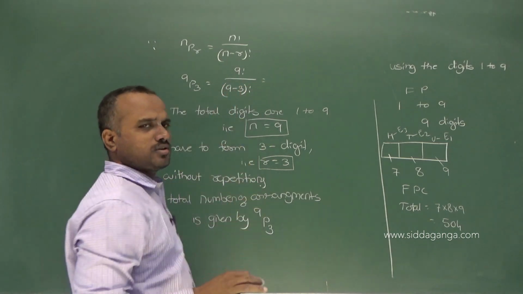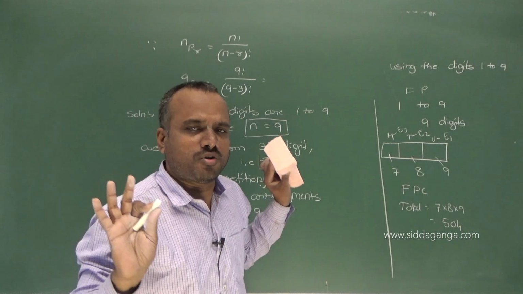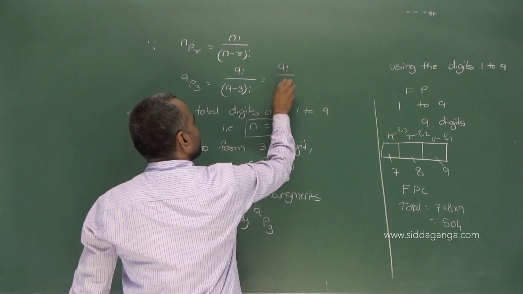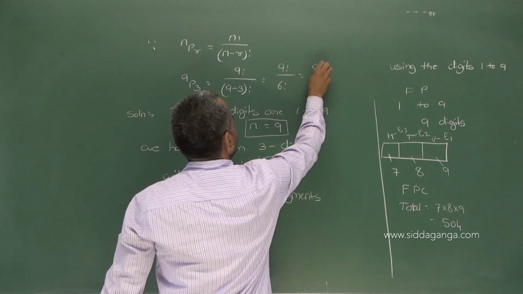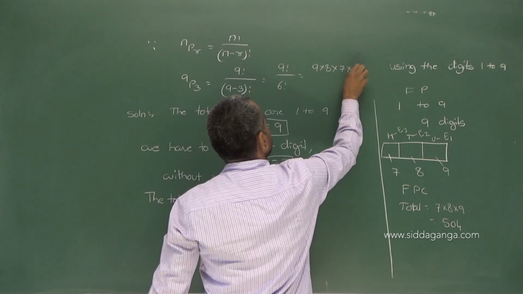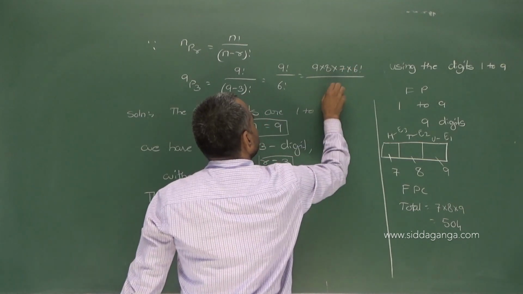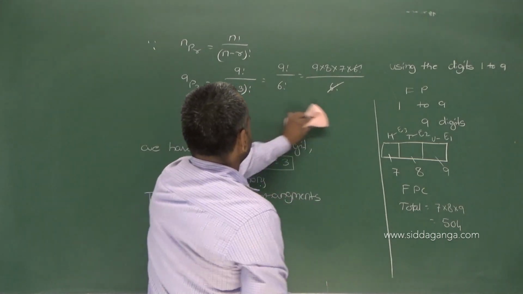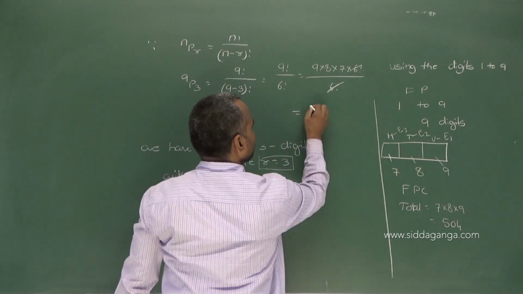I only know the formula. How to solve this one? Simply 9 factorial divided by 6 factorial. That is 9 into 8 into 7 into 6 factorial. The 6 factorials get cancelled. So the answer is